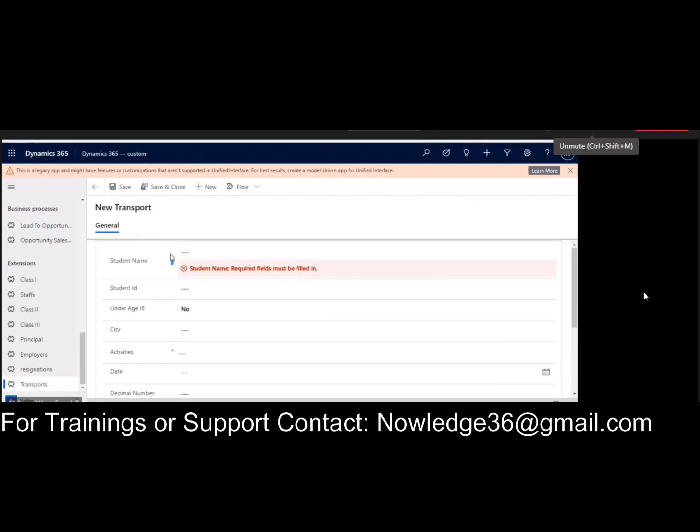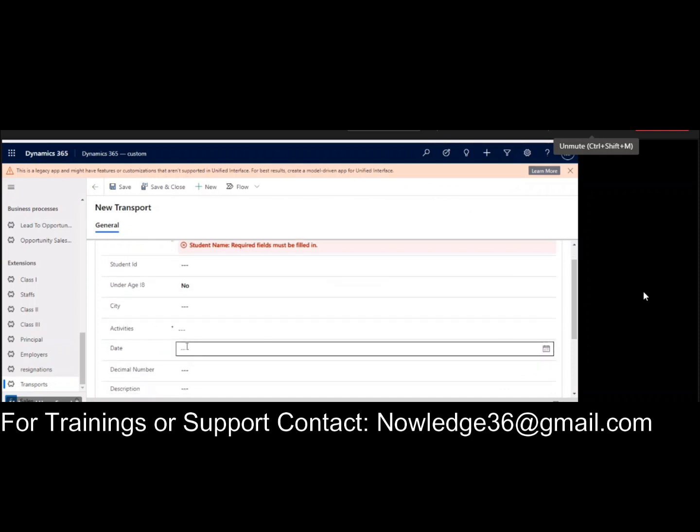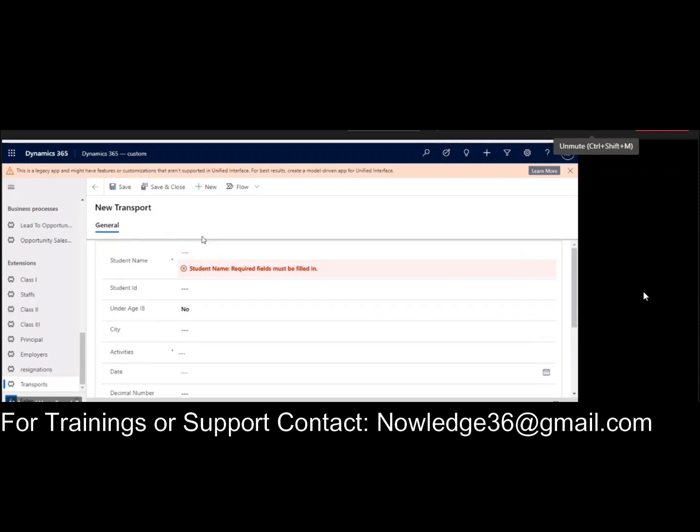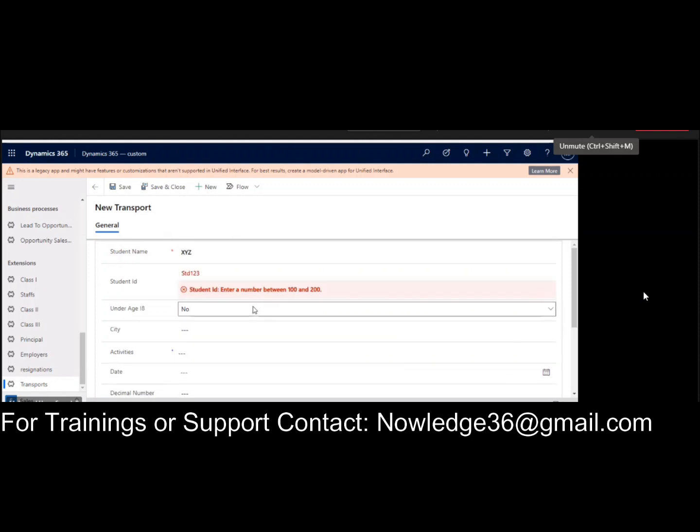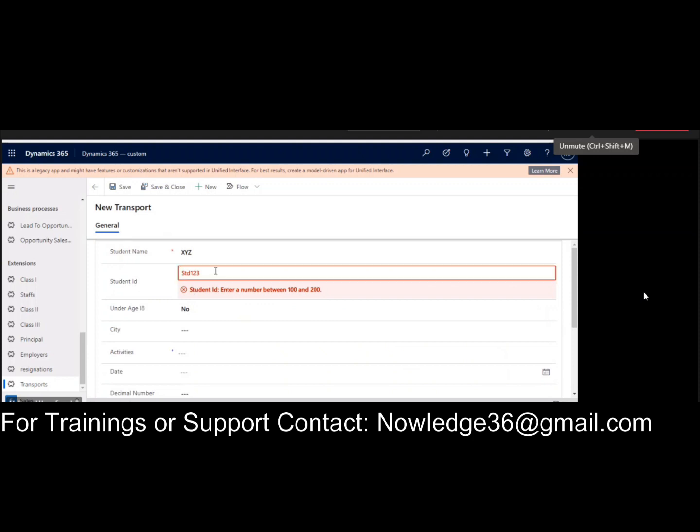The student name, this is the required method. You can see the activities, this is the recommended method, with the additional symbol. You see the student ID: because I gave the whole number type, we can enter numbers from 100 to 200 only.